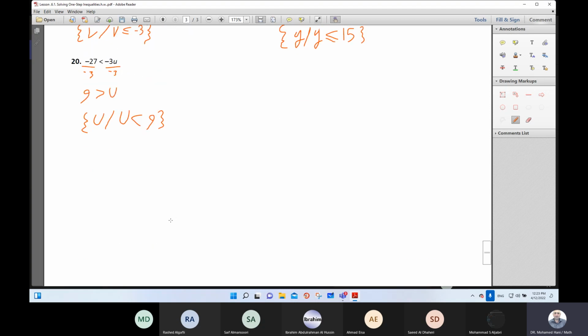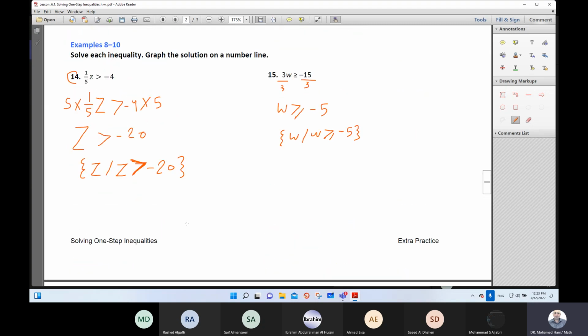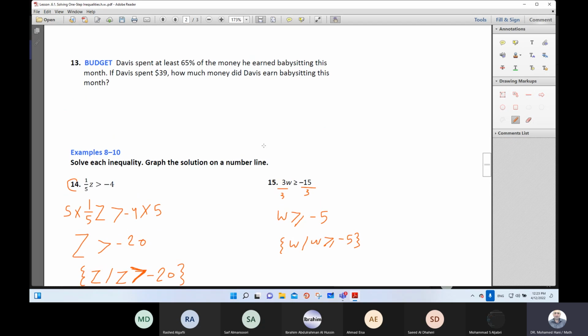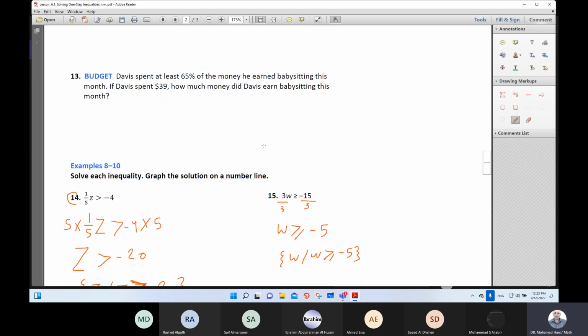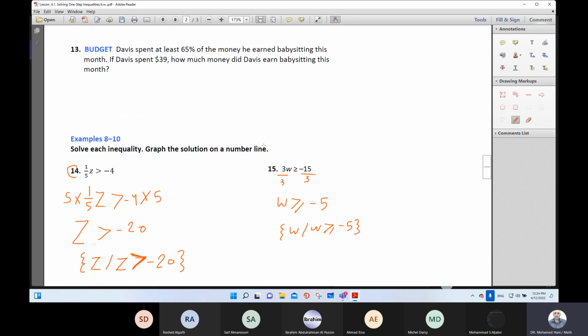Okay, these are the brackets here. Who has any question about this idea here? Can you repeat number 14? Number 14, yes. As you see here, number 14, we have 1 over 5